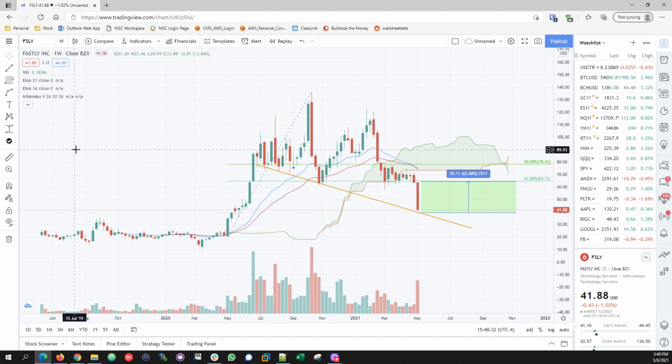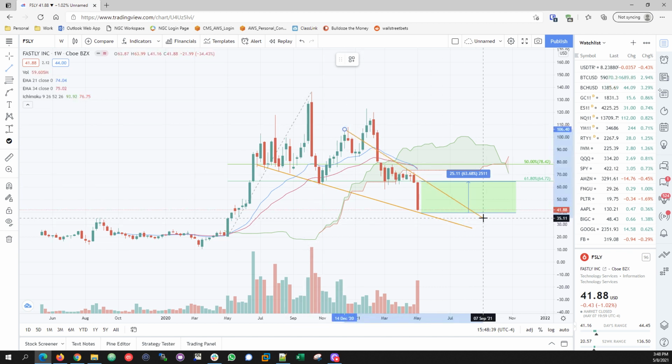Should it? I mean, I'm not the one to say it should. I don't get to decide, but if it does, even if it bounces to 57, it's a good play. Do I see much more downside from here? Well, you look at the candles, right? Every time it goes down big and it has a huge red candle, it can continue for the next several weeks, and we've seen that from 1, 2, 3, 4 weeks, right? If it goes down huge, it continues. So I don't know. It might.